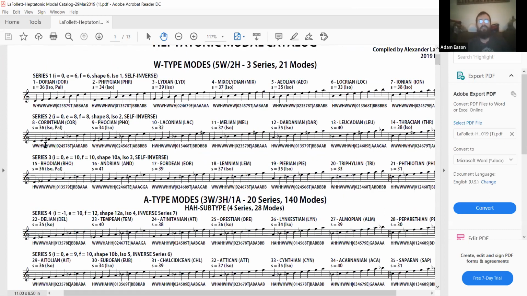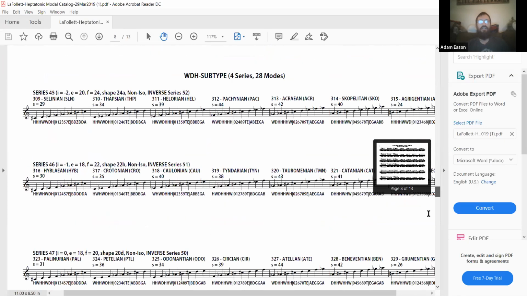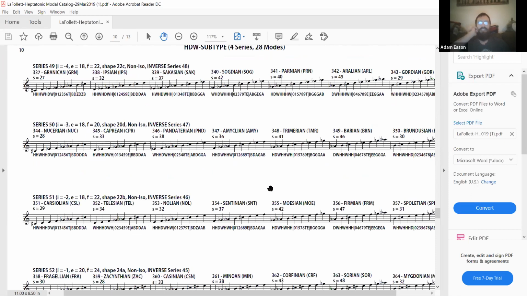My next step, I played around with just, well, what can I do harmonically with some of these? I would just pick them at random, literally roll a random number generator, and I would get, all right, I got 347, Amiclian, show me what you got. And I would do things like stack thirds, stack fourths. I tried to do counterpoint exercises with them,